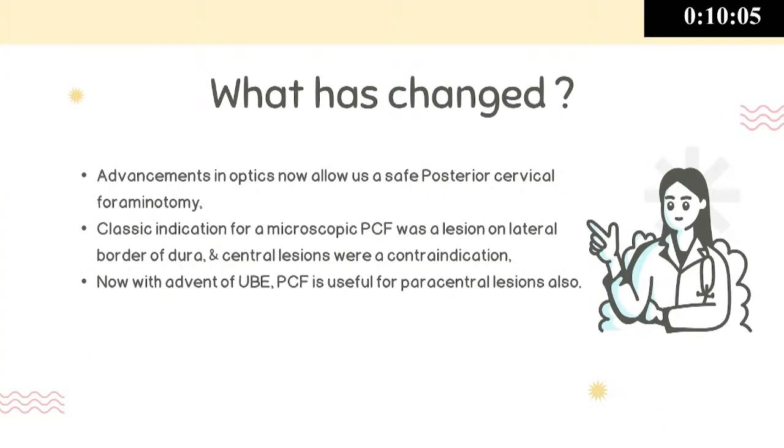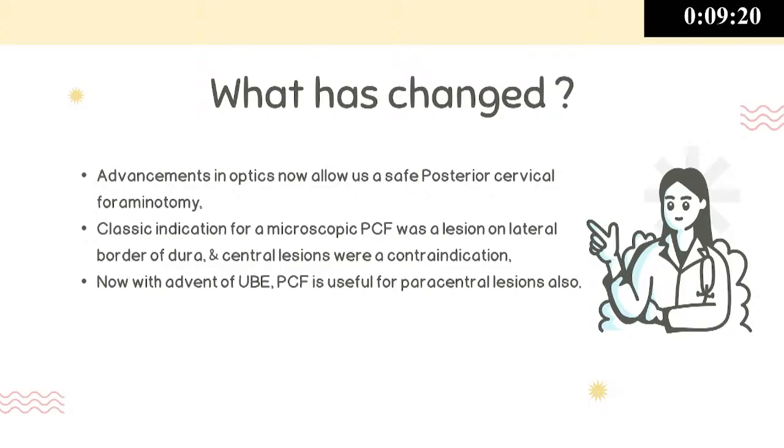Posterior approaches were restricted to a multi-level degenerative spine, where you would do lateral mass fixation or multi-level laminoforaminotomies. But with advancements in optics, things have changed. People were doing a microscopic PCF, then they shifted to a Destandau-assisted PCF and a PCIF. Now, with the availability of biportal endoscopy, people are doing a UBE PCF and PCIF. Between the two, PCIF is the most challenging. It is the most taxing on the surgeon because it has a very steep learning curve.